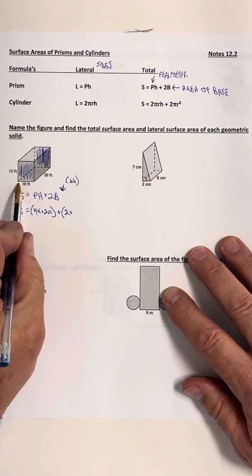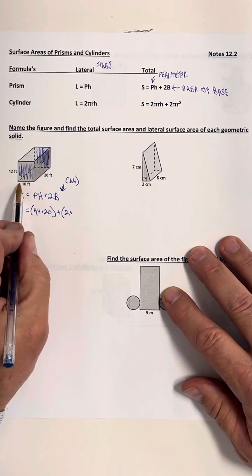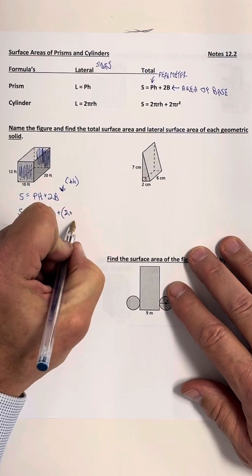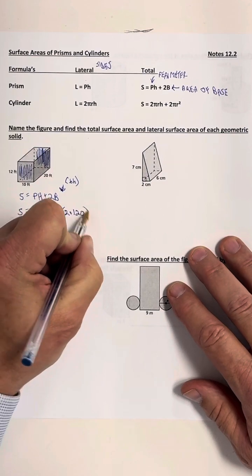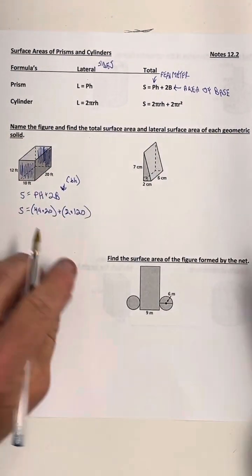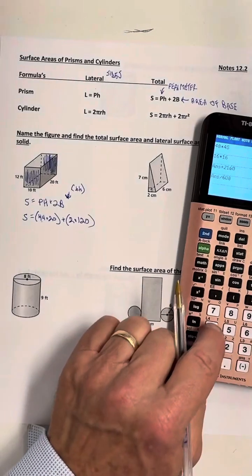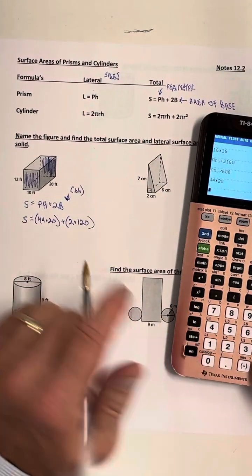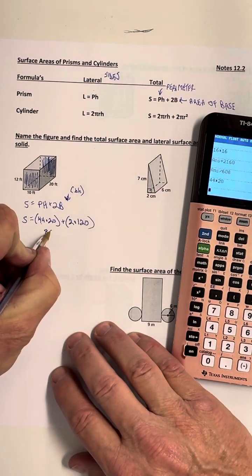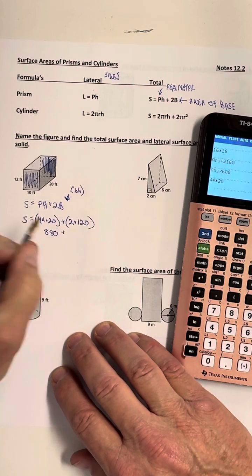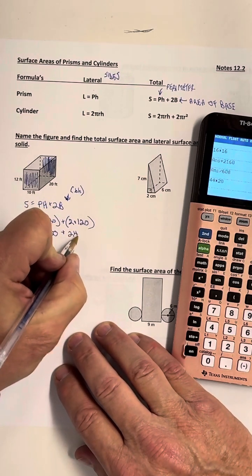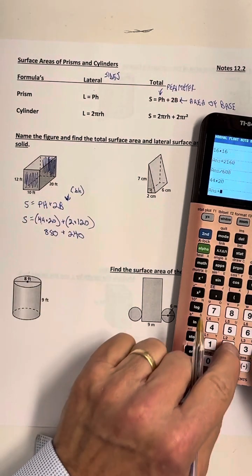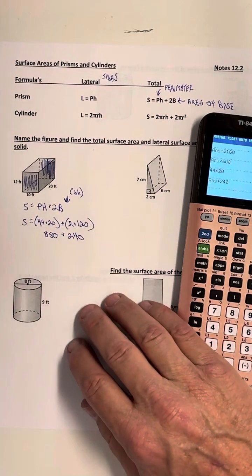The base is 10 times 12. That's the area of this base, 10 times 12, which is 120. Now we just multiply it out. 44 times 20 is 880. 2 times 120 is 240. And if I add those together, I get 1120